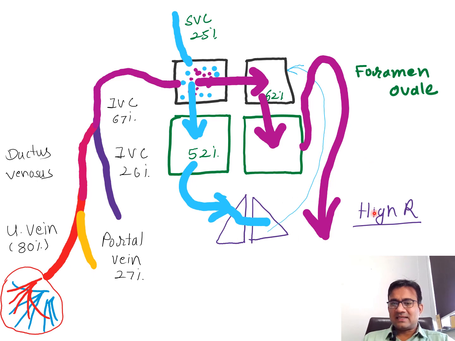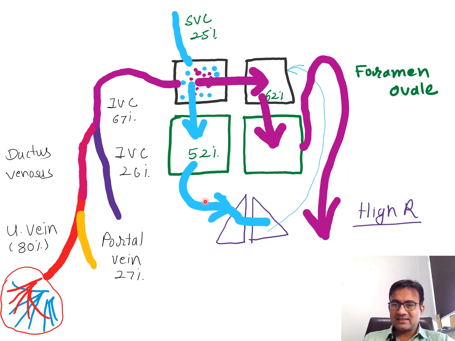Since there is a high resistance in the lung, most of the blood... See, in the fetus, systemic resistance is comparatively less. But if you take an adult, systemic resistance is very high and pulmonary vascular resistance is very low. But in the fetus, because of high pulmonary resistance, in a way I can comment that the pressure in these vessels, the pulmonary trunk, will be higher compared to the pressure in the aorta.